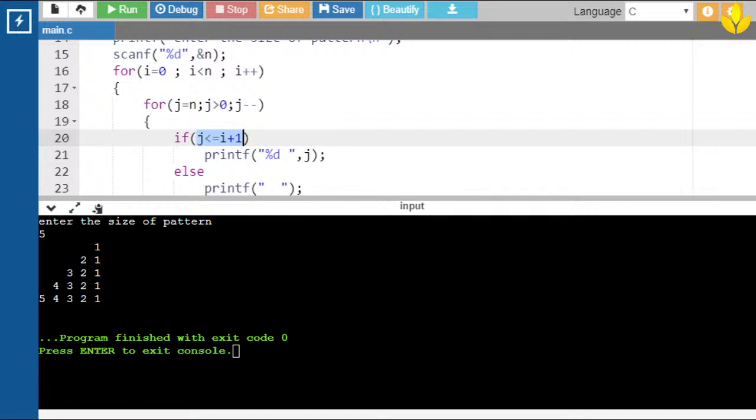Clear with this? Is this clear? Hello, hello. Guys, if this is clear,